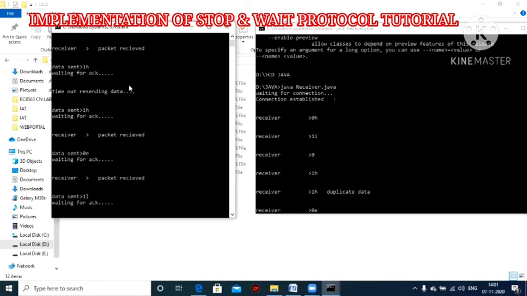Okay, you change the packet sending statement here, and you will see how your data is transferred from the sender to the receiver, and how the sender is getting the acknowledgement. So this code is all about what I said in the previous 4 scenarios. That is the concept of this coding.